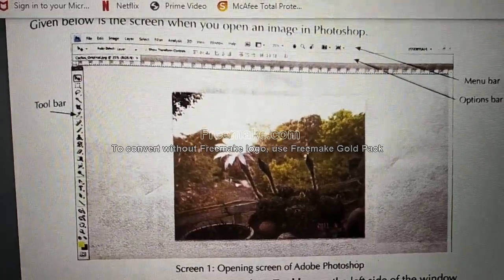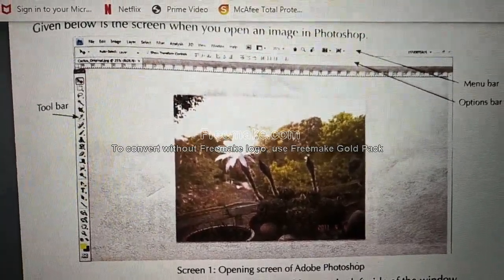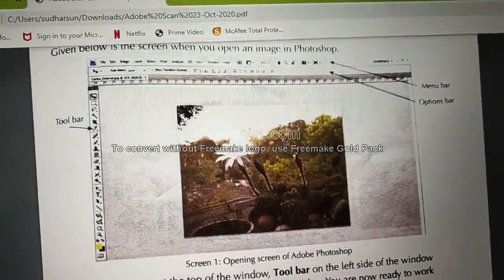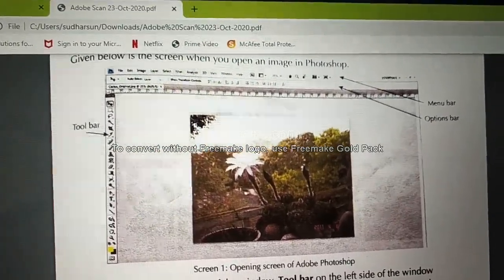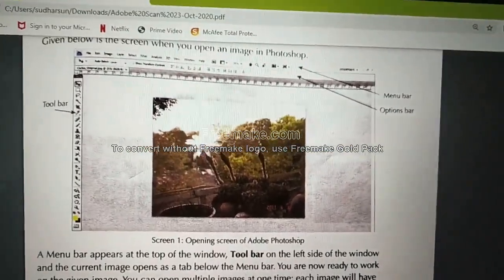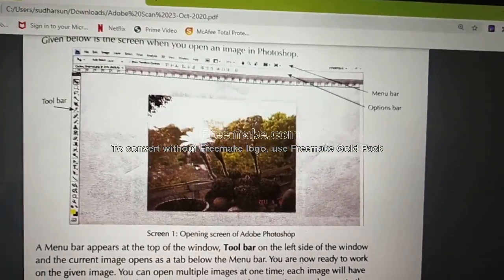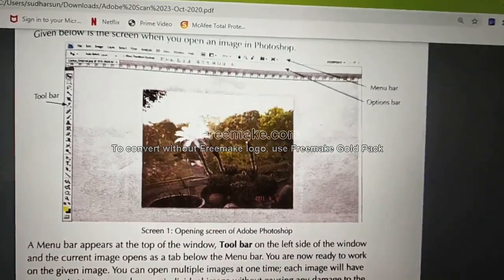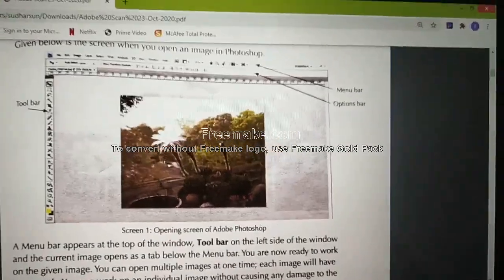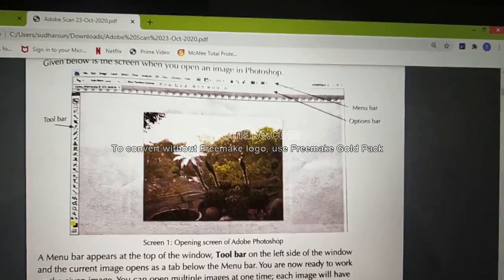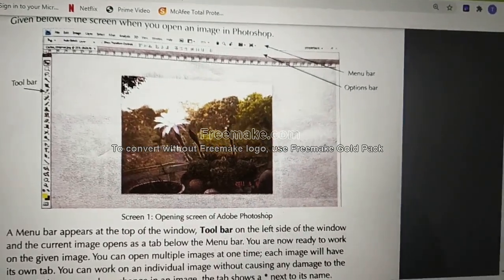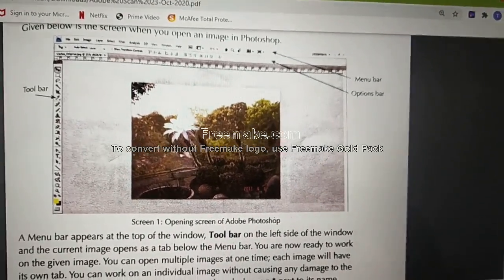Don't try to download it from the internet, and don't disturb your parents to buy it. If you don't have Photoshop, follow the YouTube video which I will send. I will send two links. One is this video, the first link. The next link will be the Photoshop video. See these two videos alone, and your work is over. If you don't have Photoshop, leave it.